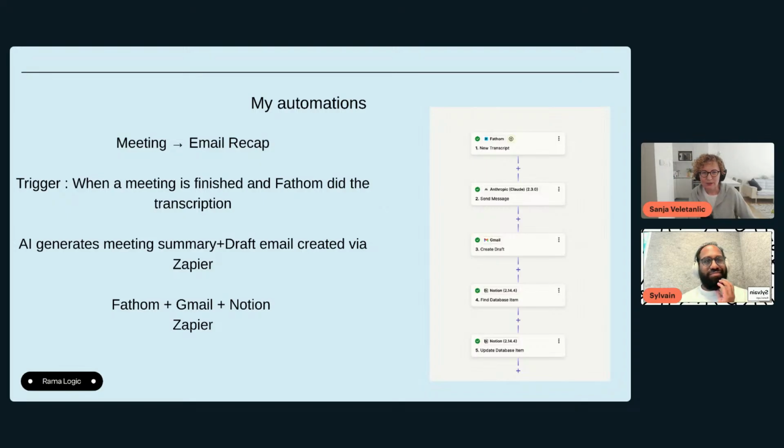Okay, so did we miss anything here? I don't think so. I just forgot, the email is updating in Notion as well, so I have all the trackability on the Notion page, because Notion is my second brain, or maybe my first brain.